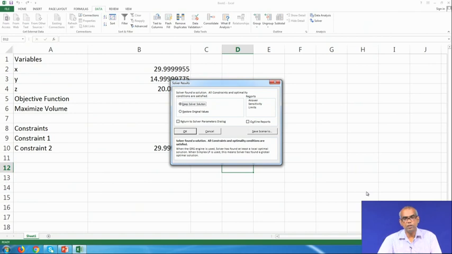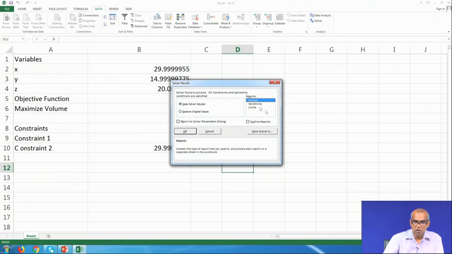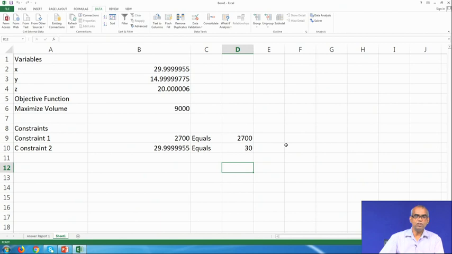So, click on solve. Solver found a solution, all constraints and optimality conditions are satisfied. Keep the solver solution, also click on answer under reports, click on OK. So, this is the solution. 29.99 means 30, 14.99 means 15. So, x equal to 30, y equal to 15 and z equal to 20.